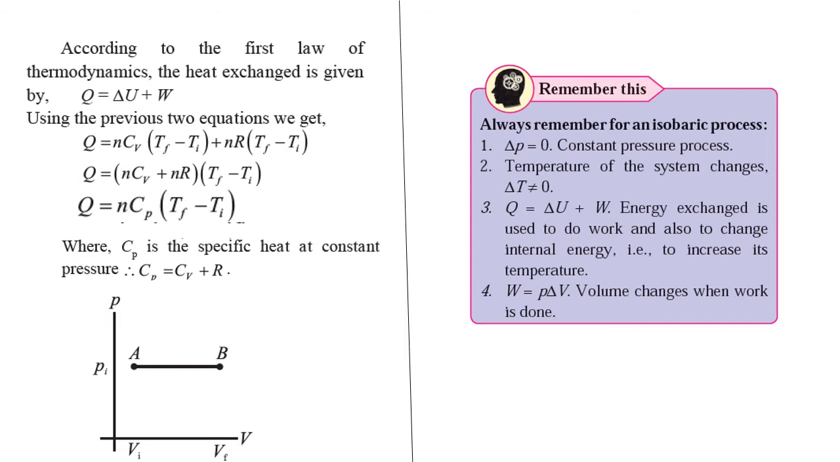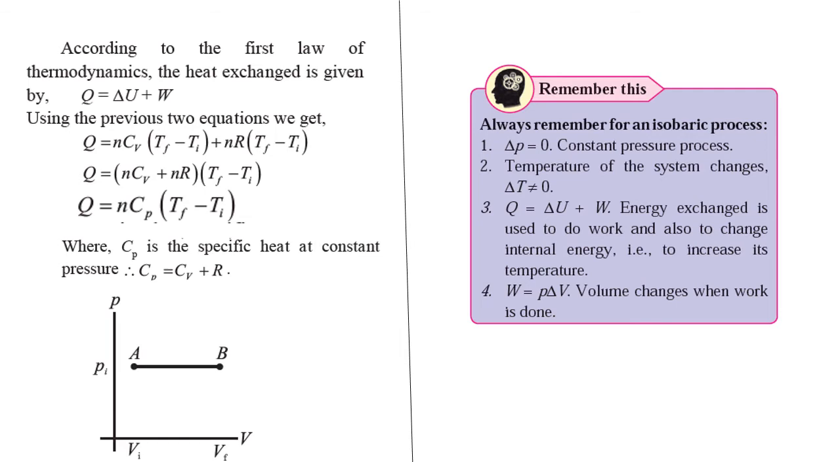The above equation, Q is equal to n times Cp Tf minus Ti, shows that the temperature of the system changes in an isobaric process. Therefore, its internal energy also changes. The heat exchange is partly used for increasing the temperature and partly to do work. The change in temperature of the system depends on the specific heat at constant pressure. In a nutshell,